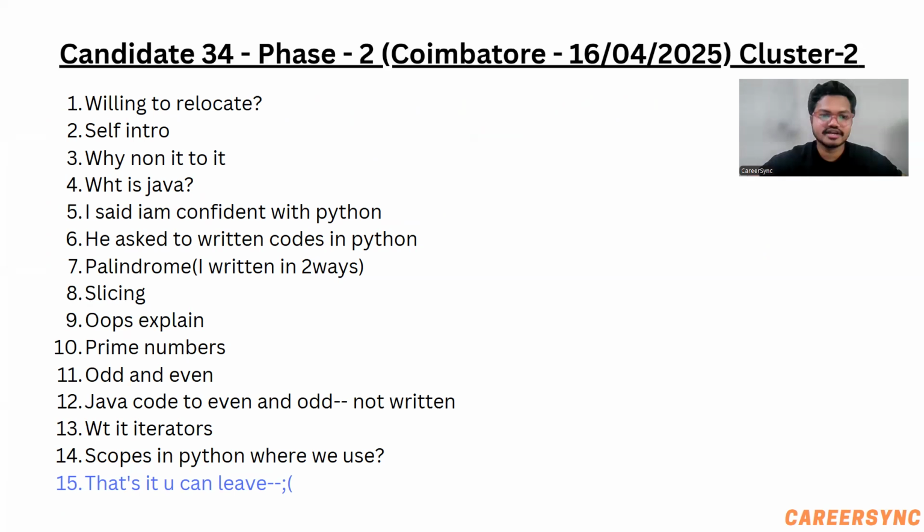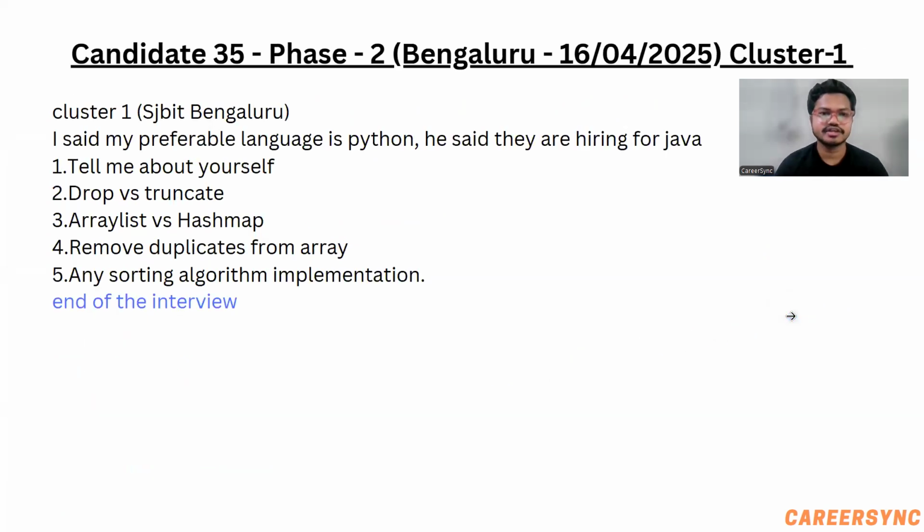Prime number, odd and even, Java code, even and odd, not written. Now, what is iterator? Scope in Python, where we use it, and that's it, you can leave. Now, for the next question,